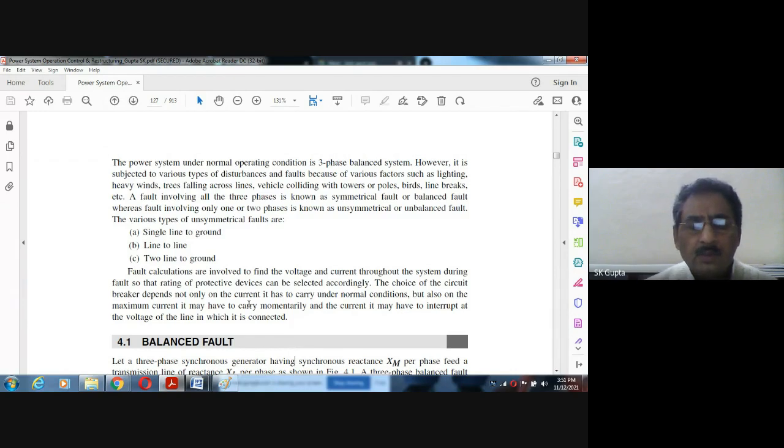Now, once we have calculated the fault current, by multiplying by the base voltage we can find the fault MVA. Now, what is the need of this? Because once we know the fault current, we can find out what the rating of the circuit breaker should be. Because circuit breakers are those devices which have to open